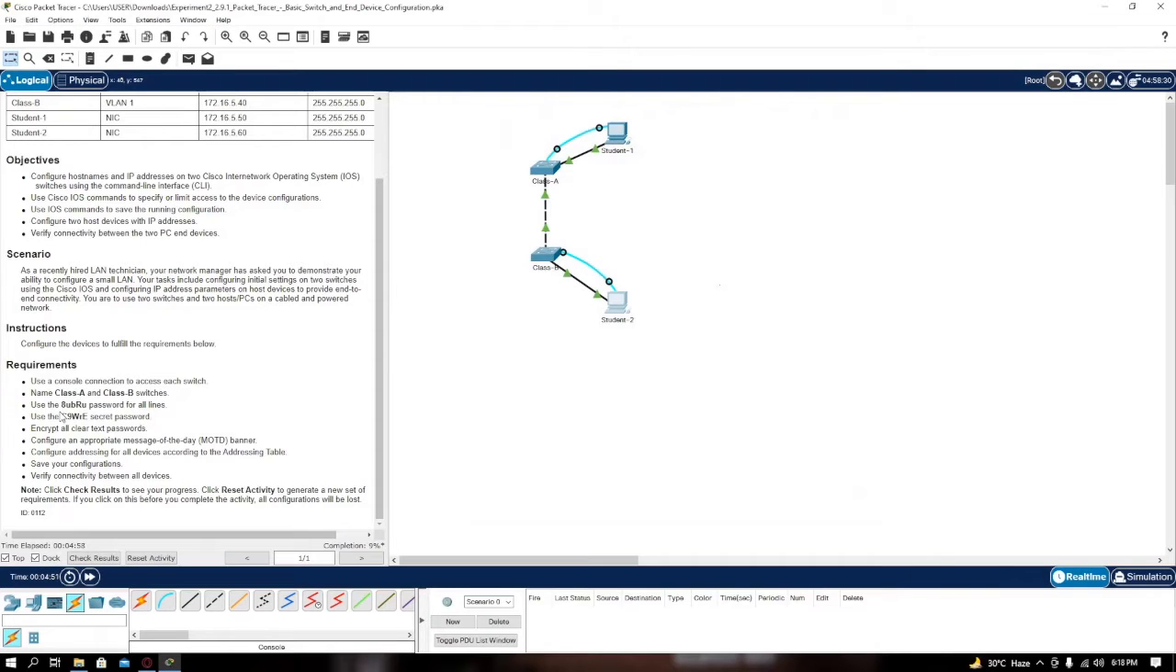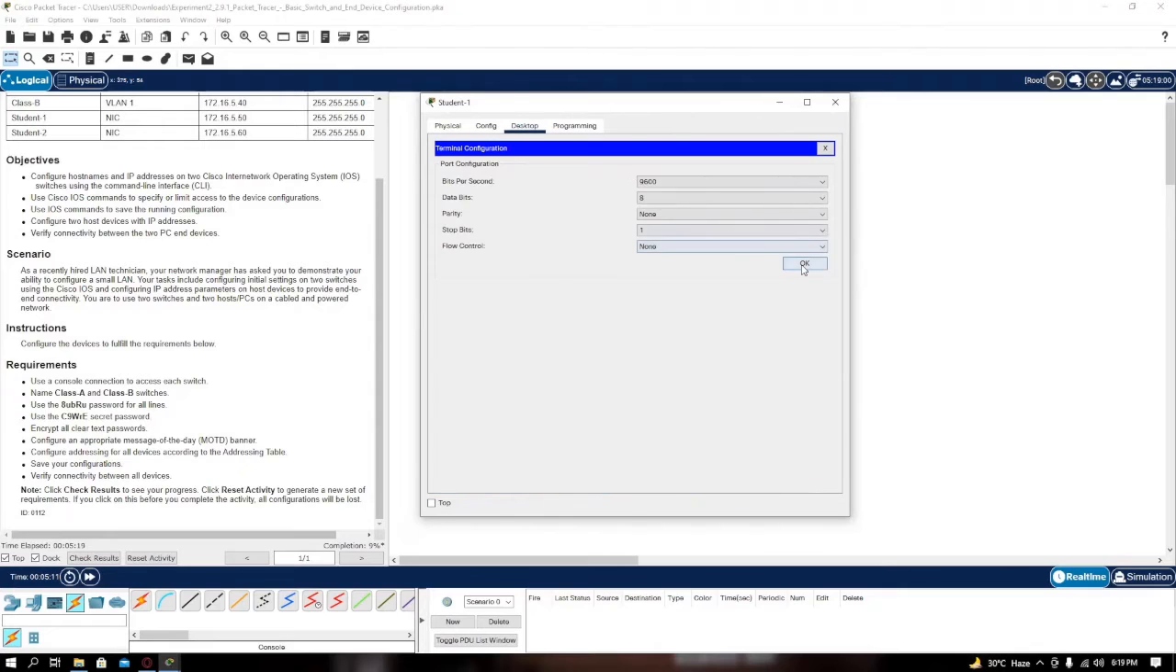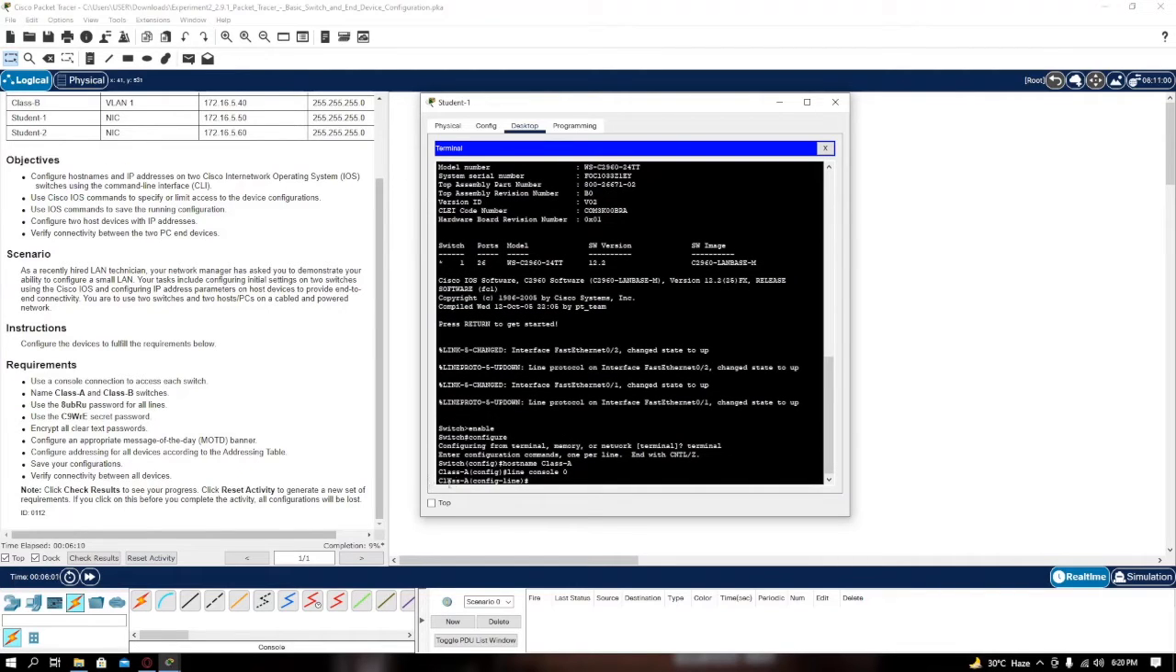And the next requirement is to use the 8UB capital RU password for all lines. So to be able to do this third requirement, again, let's configure the first switch, class A. To do that, click on student 1 terminal, okay. So here what we're going to type first is line, because we are to set the password for all lines. So let's type line console 0, and as you can see here, class A config-line. We're going to set the password